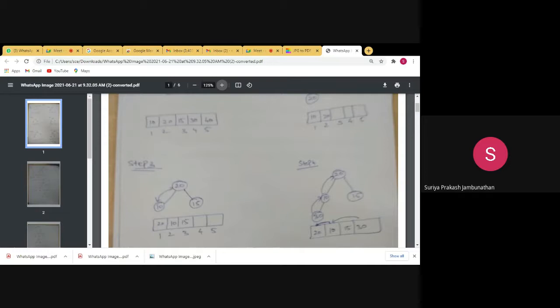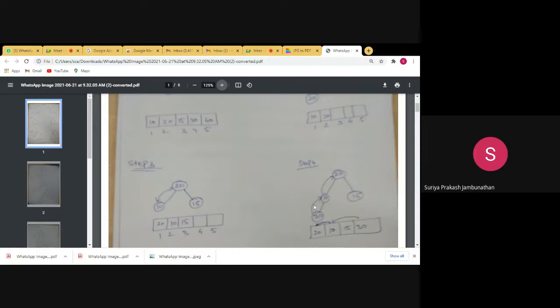So what all parent nodes are we having? We are having 10. We are having 20. So we have to do the comparison and we have to move from leaf to root. If the value we are going to add to the particular heap is greater compared to the parent nodes, you have to shift the particular node value from leaf to the root. So bottom to top you have to move on.